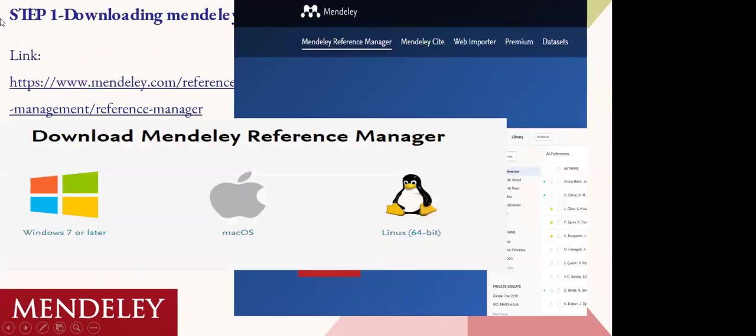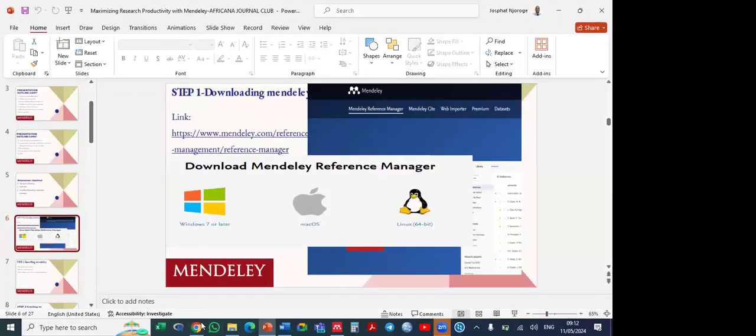When you are downloading, you need to know the type of machine you are using. Are you using Linux? That's the operating system. Or is it Mac, or is it Windows? You need to select the appropriate system when you download. So how do you download? You just go to